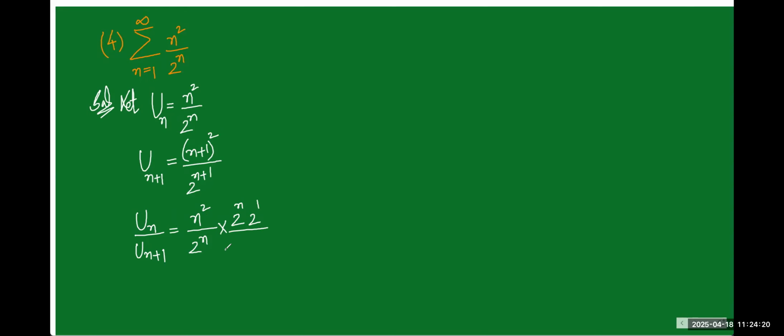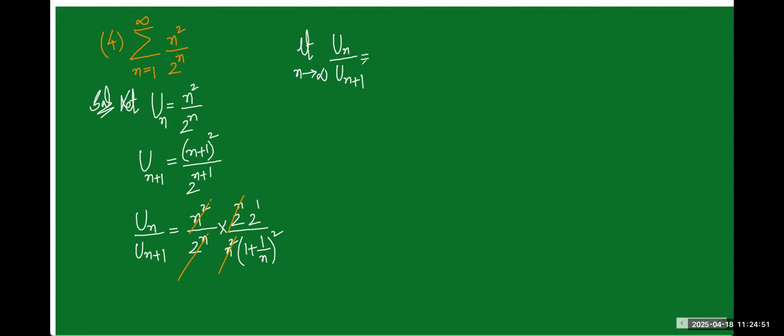n plus 1 whole square में से n कॉमन ले लेता हूं मैं, स्क्वायर के साथ बाहर आ जाएगा, 1 plus 1 by n whole square is left off, right? Now let us start here cancellation work. This one cancel it, this one cancel it. Now taking limit n tends to infinity on both sides, limit n tends to infinity un by un plus 1